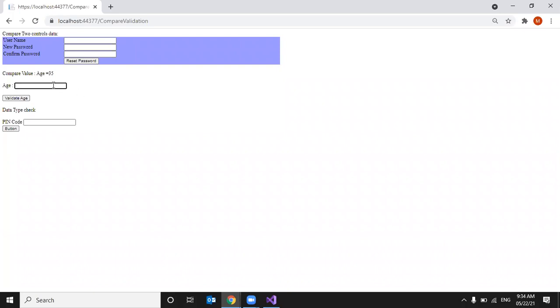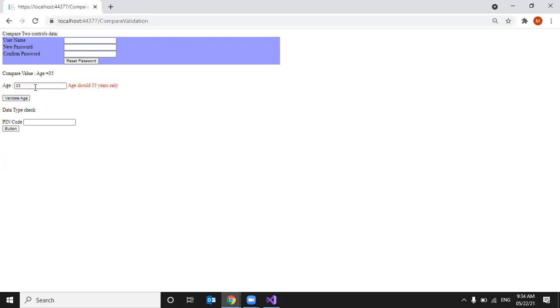Okay. Now I'm entering some 63 value. Age should be only 35 because I'm comparing against one fixed value. Now I'm entering 32. Age should be 35. So I'm entering 35, then that is gone. I'm unable to submit it.